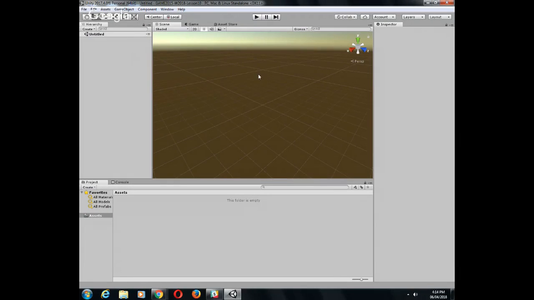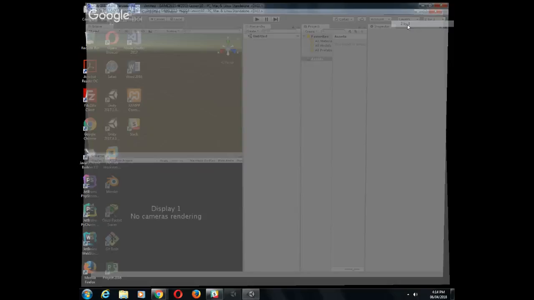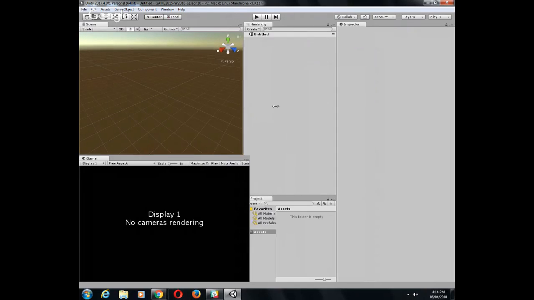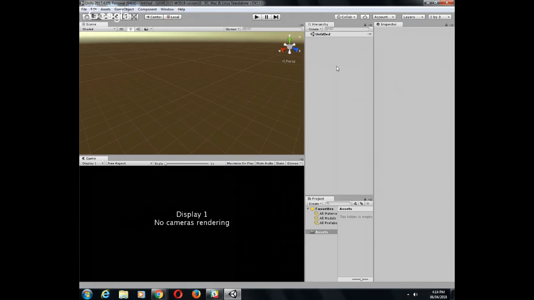F1. There we go. And this setup sucks. I don't like it. I'm going to go into a 2x3, which is what I normally do. And what I typically do is take this project files, put it down here. That's just me. I also create some basic